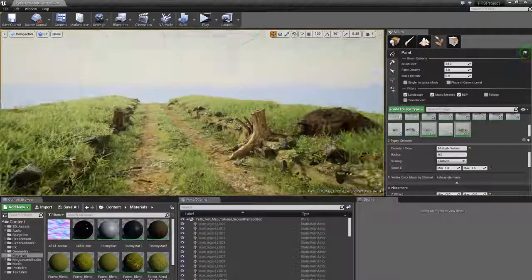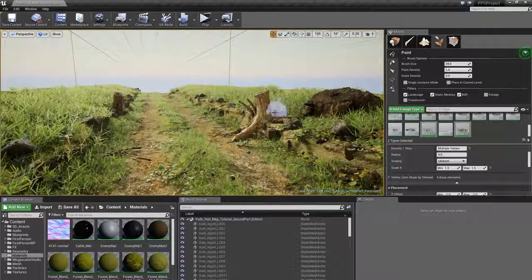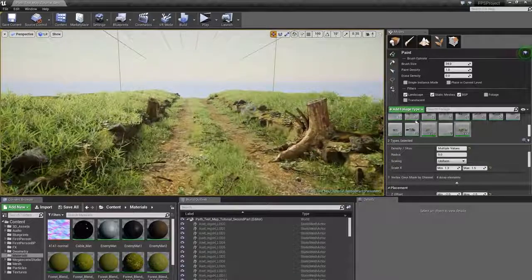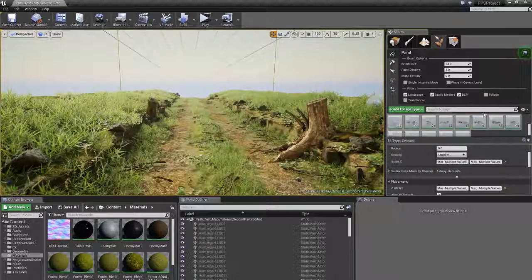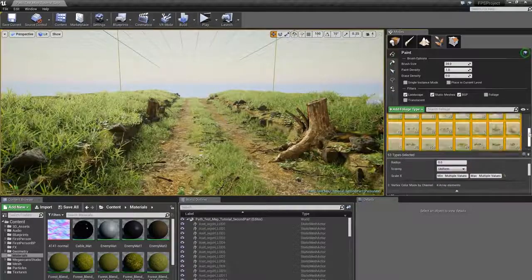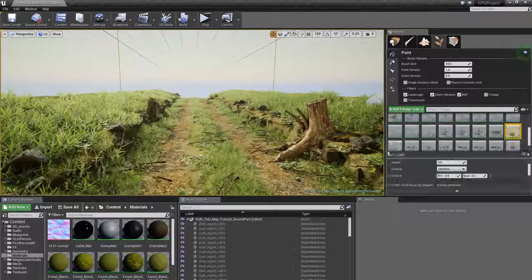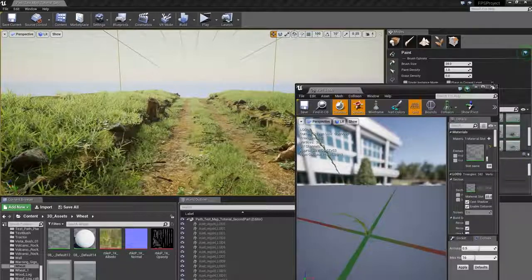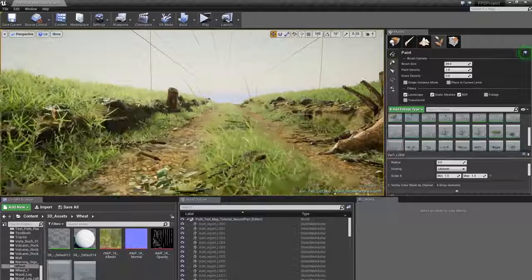That's looking a lot better. Awesome. So we can see it's intersecting nicely here, or well, actually you can't see the intersection, but it's blending very nicely there. So let's go ahead and add some more types of vegetation here. I'm looking for something that's a bit taller. So I should have something here. That should work nicely. So I'll select that one and just check it out. Yeah, look at that. So a nice tall